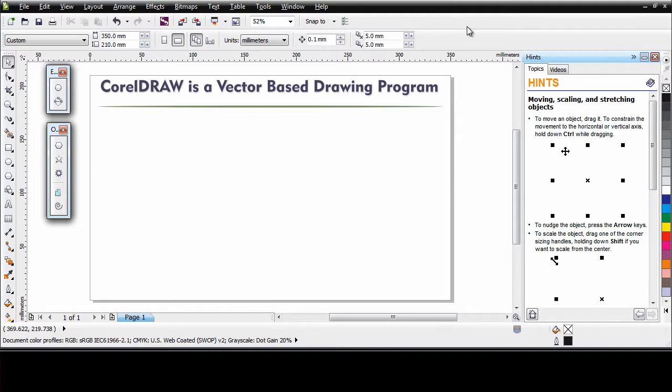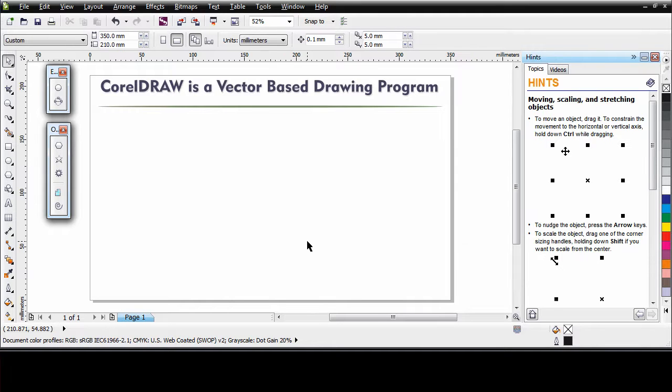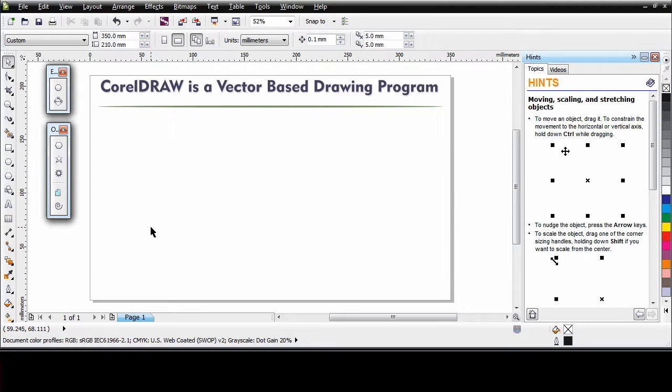Now, to be able to do this, we need to make sure that our toolbars are unlocked. So right click your mouse on any toolbar, and down the bottom there you'll see lock toolbars. Well, right now it's not selected. We don't have that little highlighted tick there. However, if I click on it, the toolbars become locked. So if you can't see those grab handles, you need to unlock the toolbar. Right click and click unlock or lock toolbars to deselect that. Okay,